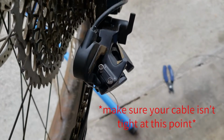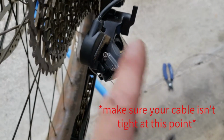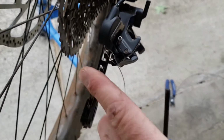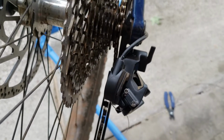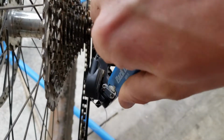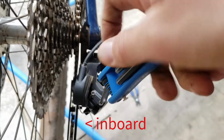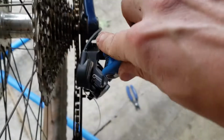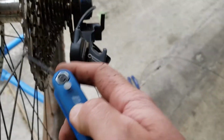So all these limit screws do is tell the derailleur how far it can move out in the high position, so how far it can move this way, and in the low position that way. So all they do is set those limits. So right now we're in the high gear. That limit looks pretty good, but just to show you, if I were to tighten that up, you're going to see the derailleur moving inboard towards the bike. You can kind of see that a little bit because I'm moving that limit inwards. I'm going to move it back outwards so it's underneath that gear,